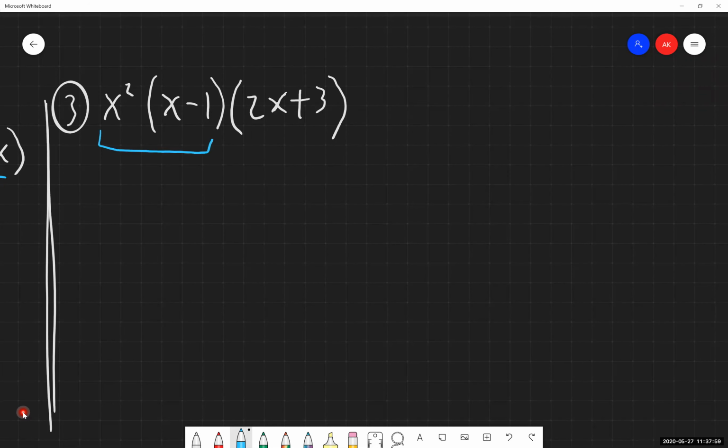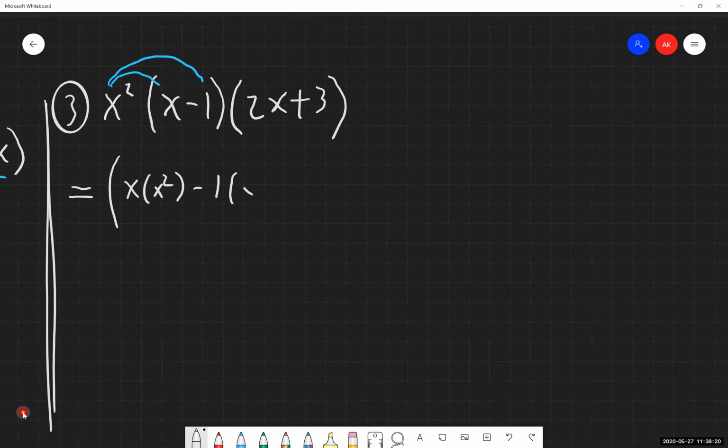So I'm only going to work with x squared times x minus 1. So looking just at those, I'm doing the exact same thing as I did previously. This x squared is going to distribute through to every term inside that polynomial. So I'm going to get that showing up for my first set of multiplication. Nothing is happening to the 2x plus 3 for right now, so that means it's just going to come down as it is. We're going to work with it later, but for right now, we're not affecting that at all.